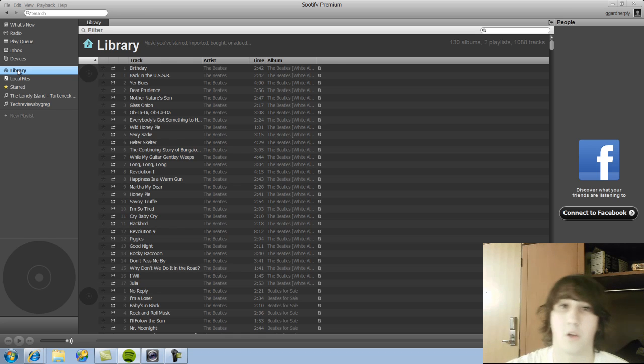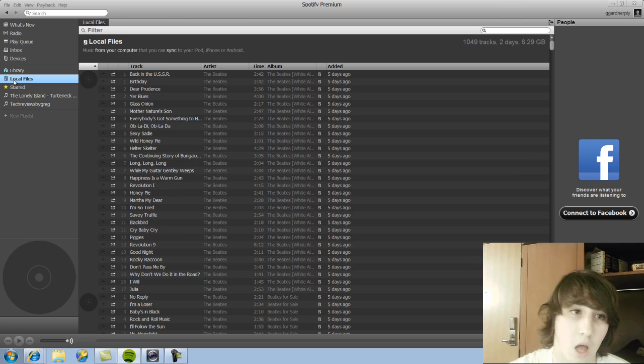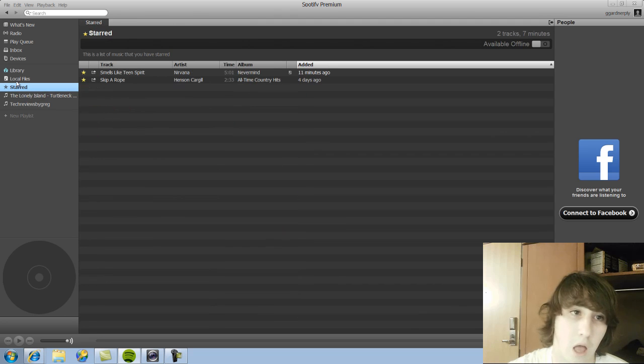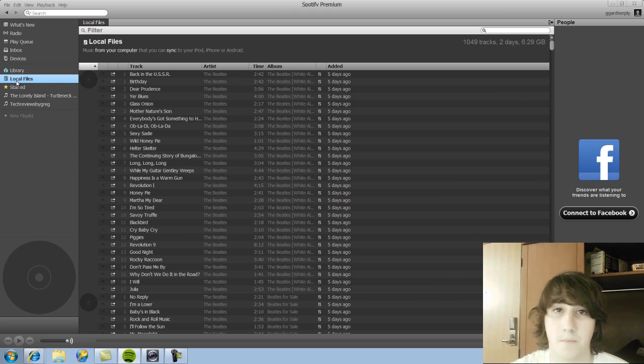Your library is pretty much all the songs that you've added and every song that you have on your computer already. It pretty much imports them for that, and then you just go down and it breaks up all the music you have. You can star music, you can create playlists, pretty much your standard on all the software media center